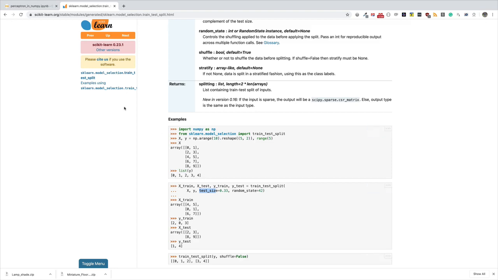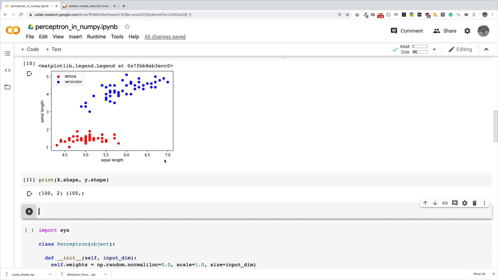Okay, so I'm going to do my split, and it returns x train, x test. This is the features for training, features for testing, target for training, and then target for test. Okay, so I'll come here and I'll say x train, x test, y train, y test is equal